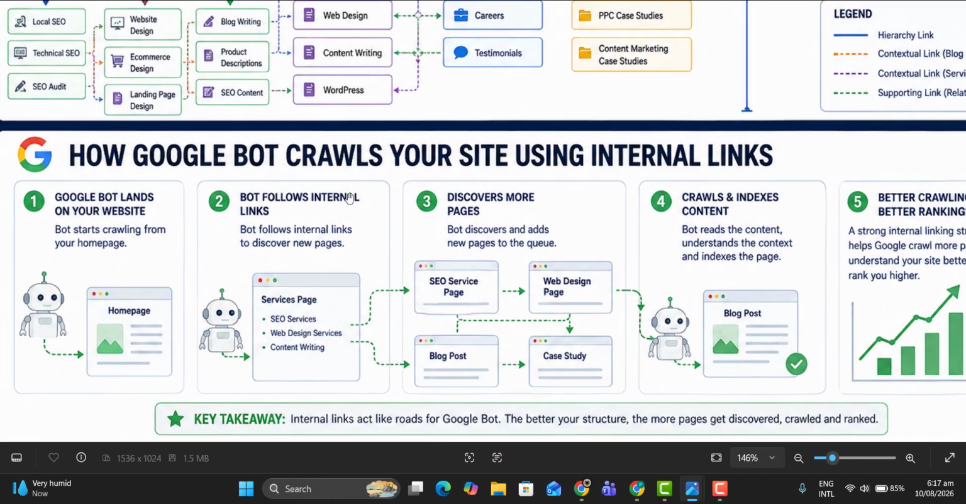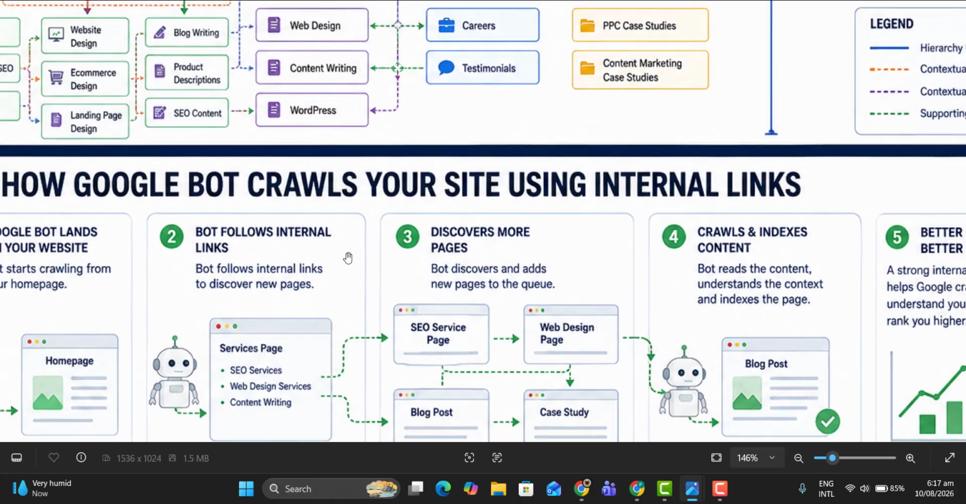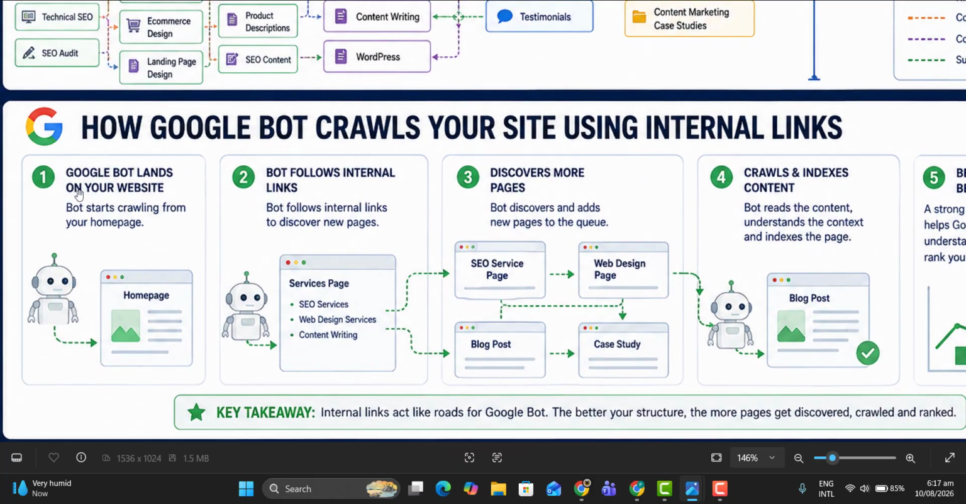And now we will see how Google crawls your site using internal links. Googlebot lands on your website and starts finding your internal link pages or your sitemap, depending upon which it can find first, and then uses it to crawl your entire website. If your website is not properly interlinked, it will not be crawled